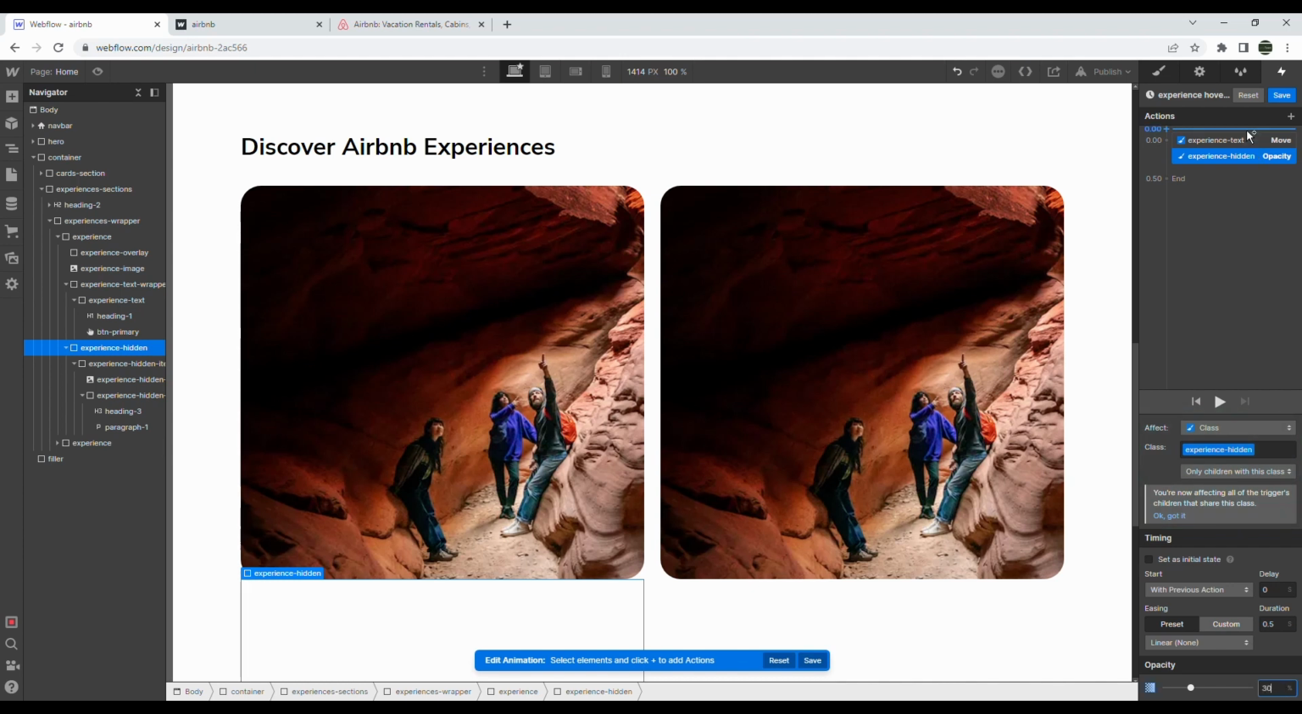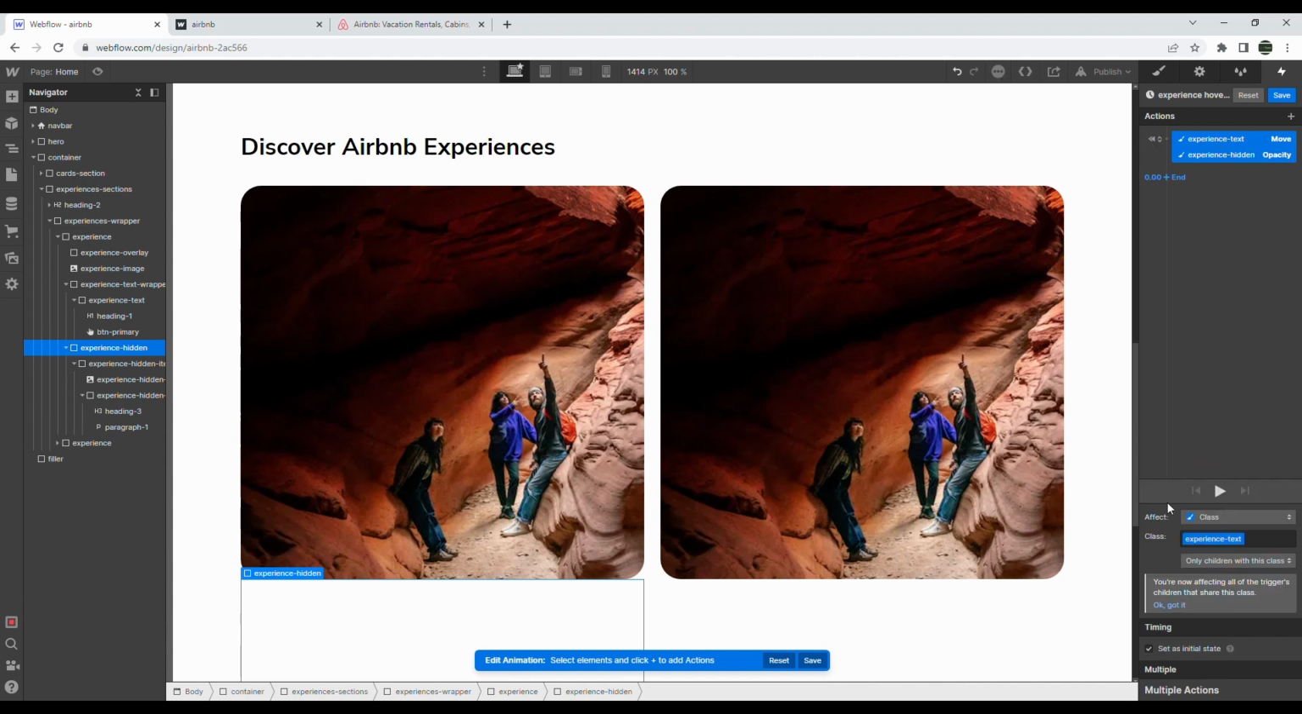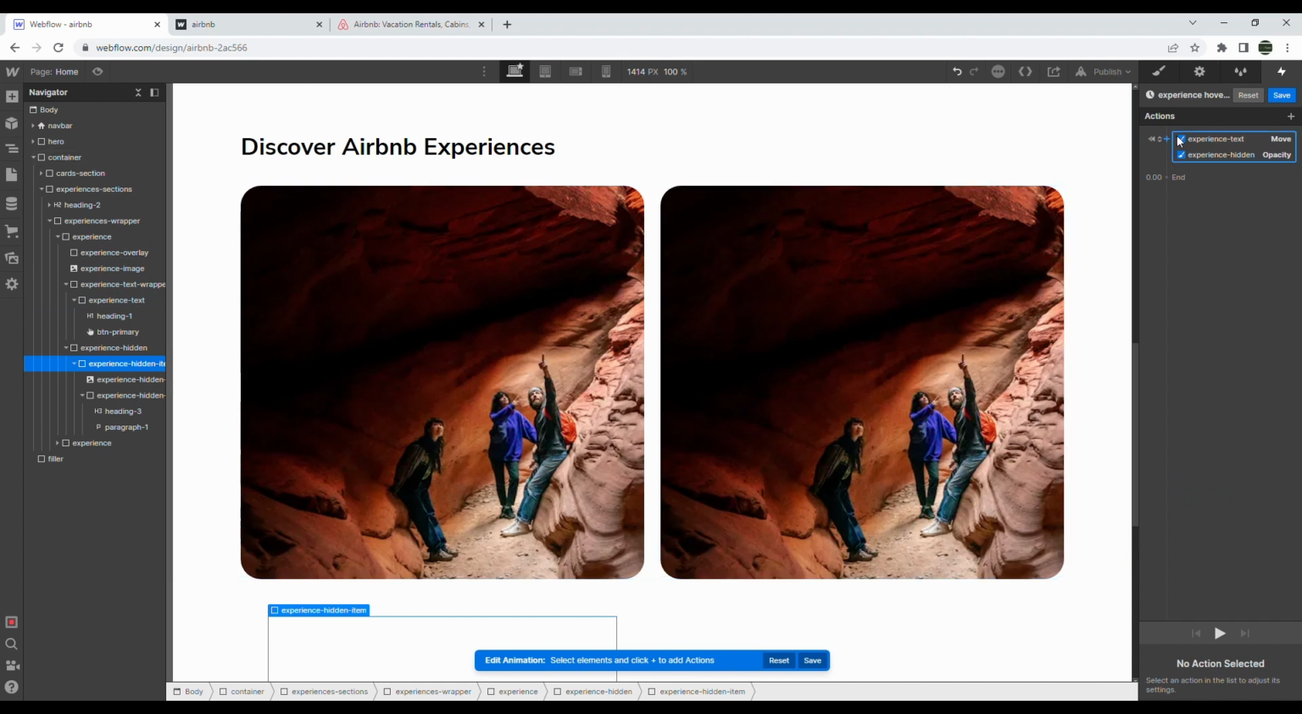Now these are all my initial state things. So I want this to be how it is in the start. So I'm just gonna grab these, hit shift and grab them, right? So that I can grab 2 of them, and I'm gonna hit set as initial state. Okay, we have one more thing to set as initial state, and that's the experience hidden item. So if I just grab that,